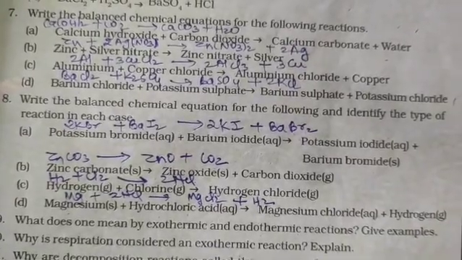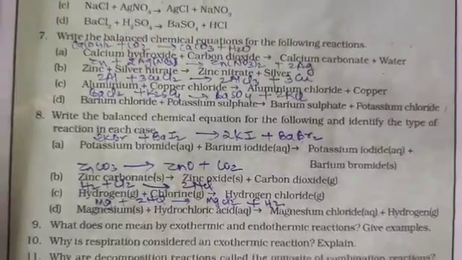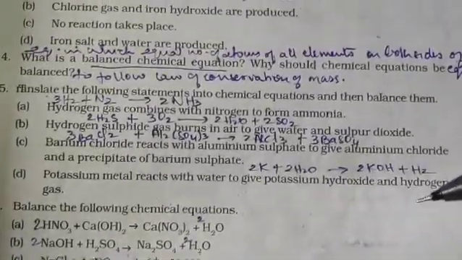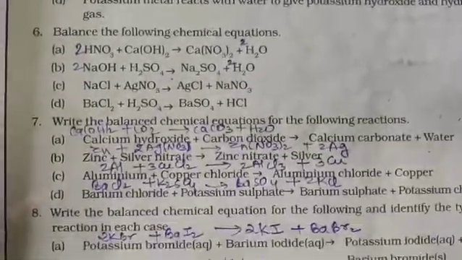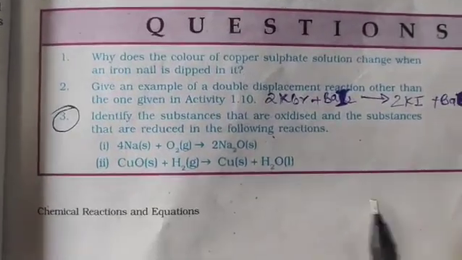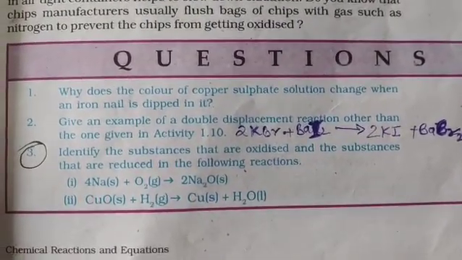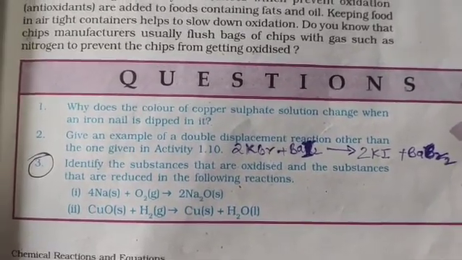I repeat once again. In the exercise section, you have question number 1, 2, 3, then 5, 6, 7 and 8. Previous blue questions, everything you have to do, but this last blue question on page number 13, I want you to do only the third question in your book. Is that okay? Thank you.